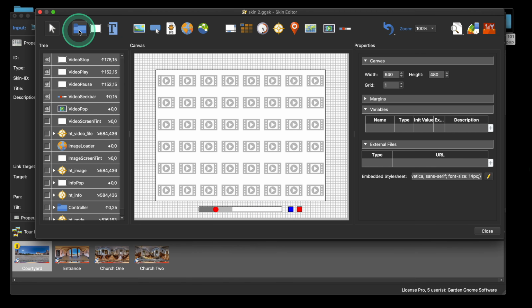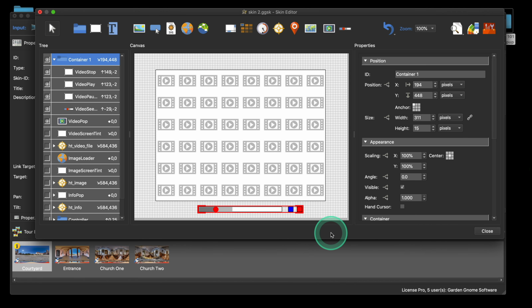I'm going to select the container tool, and I'm going to draw a container around all of this. All right, so it's now just one element, and I'm now going to call this the video container. Okay, right, so let's just do that, and I'm going to make sure that this is anchored in the bottom, in the middle. It's 17 pixels up from the floor, and I'm just going to set that because obviously